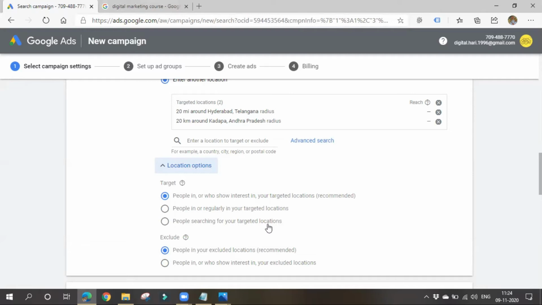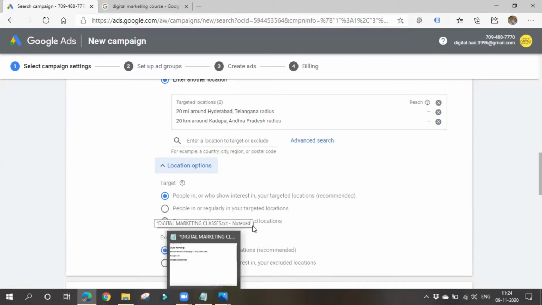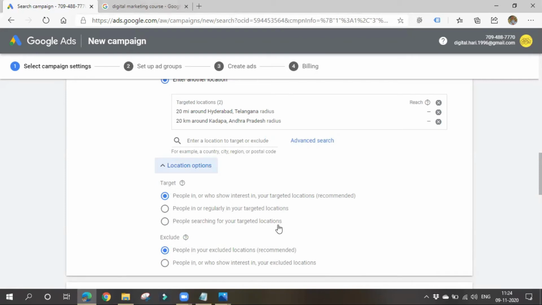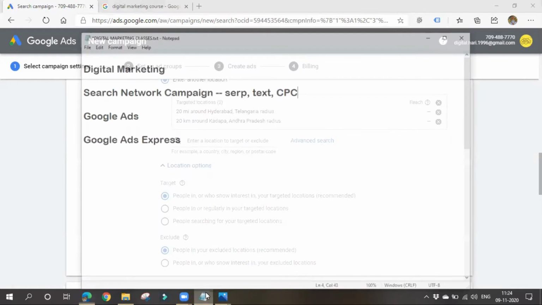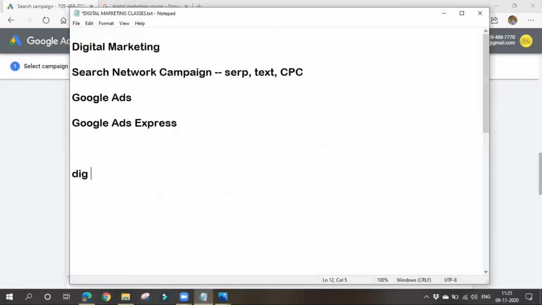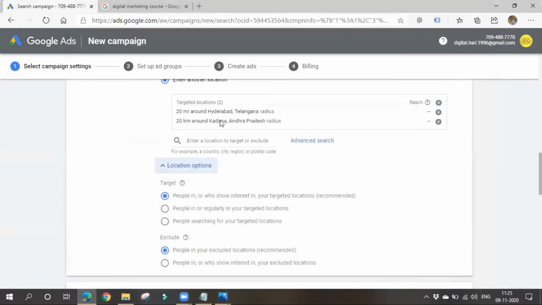Let's think your business is in Hyderabad and you targeted Hyderabad. If someone searches for digital marketing training in Hyderabad, then your ad will appear to those people only.